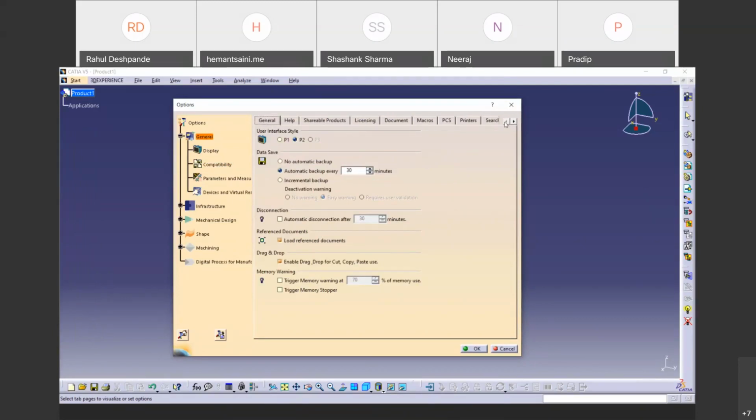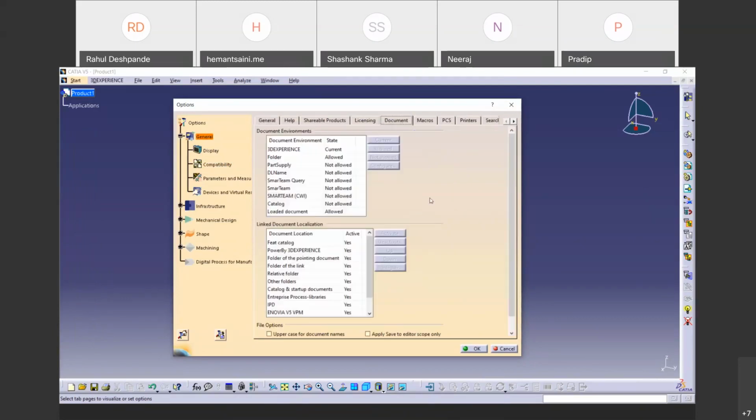In the documents, we have to mark 3D experience as current, allowed and then current. So ensure that it is current, and then Power BI has to be almost on top.